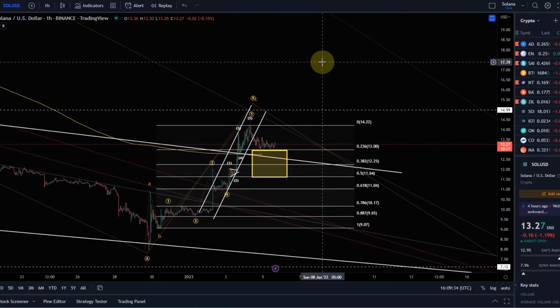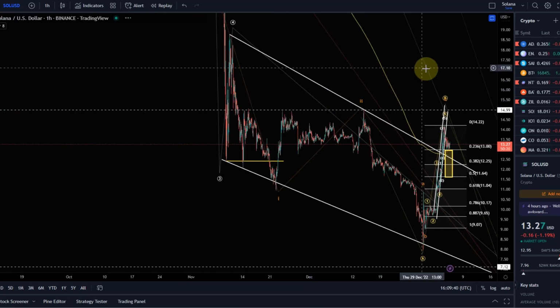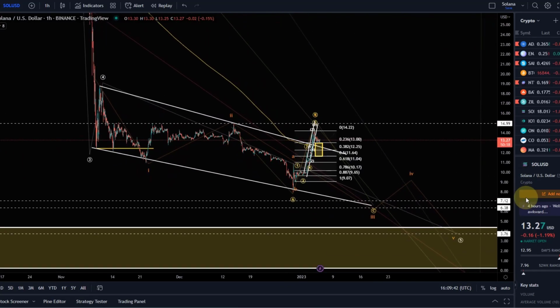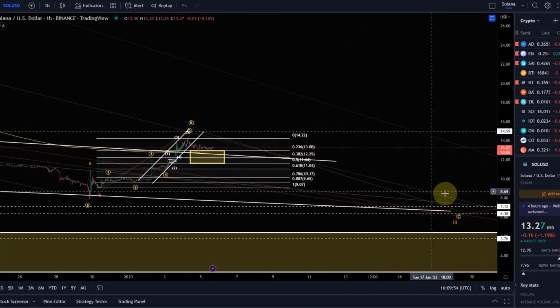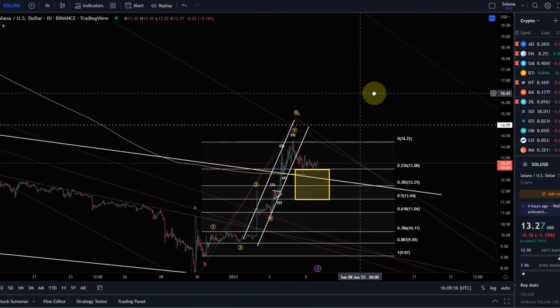I would be very careful with Solana at the moment, because on the larger time frame we are obviously still in a downtrend. So any long position here is not necessarily supported by the higher time frame count. So be aware of that as well. That increases the risk. I mean, it can still work out, but it increases the risk. Just make sure that you know what you're doing when you trade this stuff, especially in the current environment,